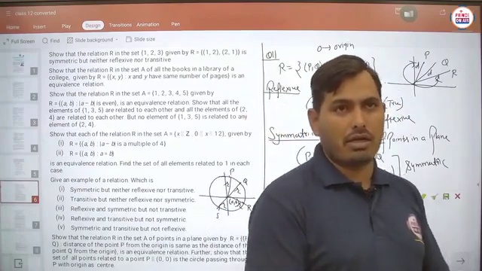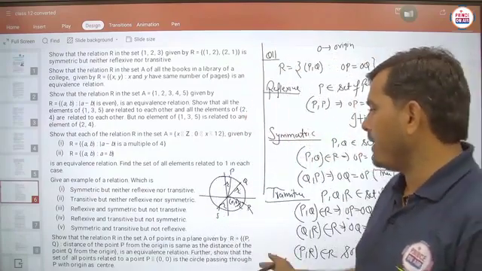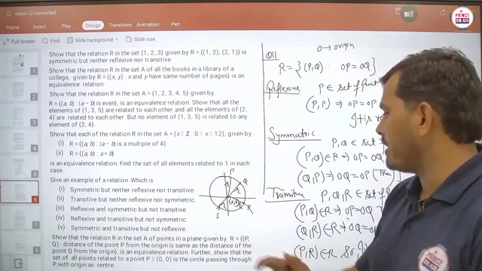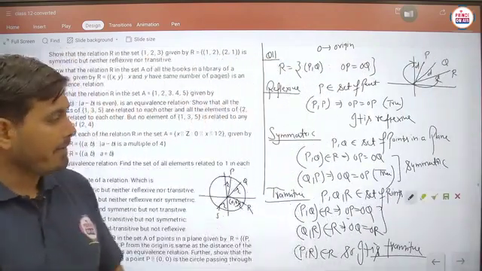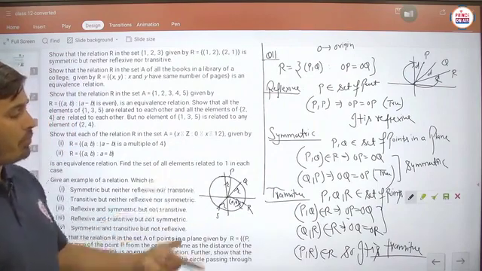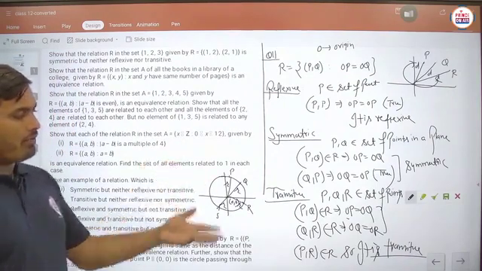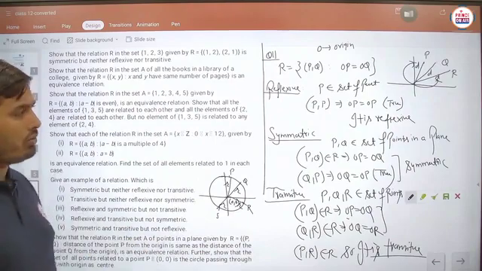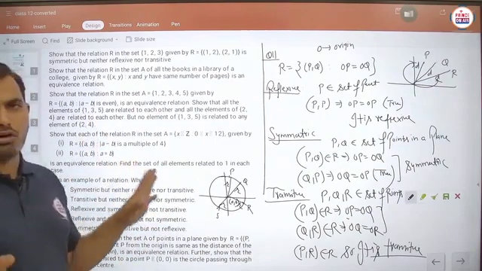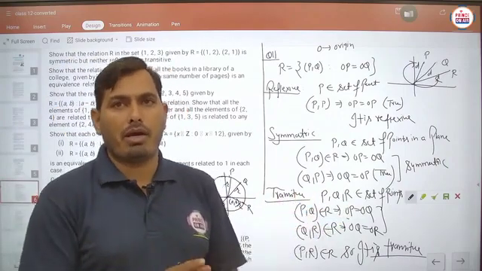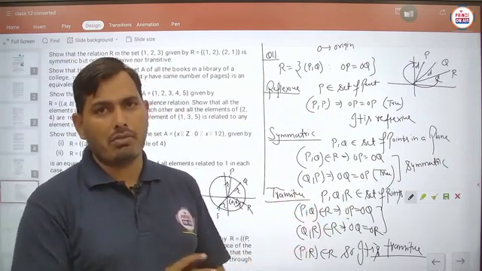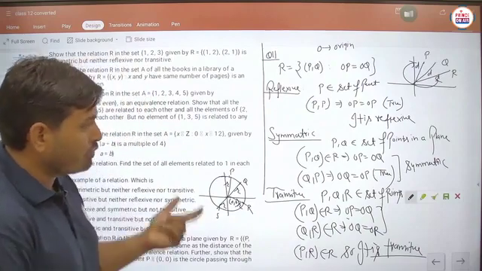Is it clear? So definitely the next statement is very simple. Easily you can understand the things. Is it clear? Now pause the video to note it down. Then after that we will also discuss the remaining part. Student, in this exercise all the questions are very simple, but we just have to think about each and every part carefully. Otherwise you will make some mistakes. Is it clear? So pause the video to note it down.